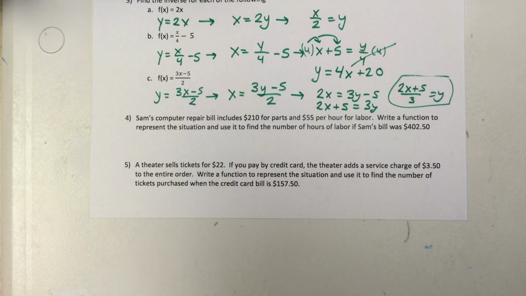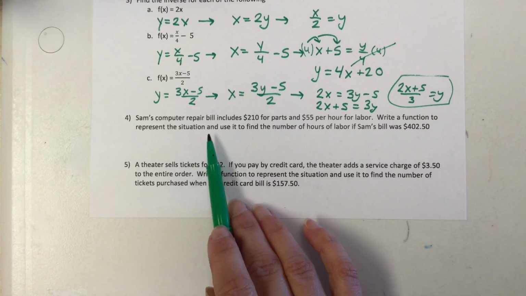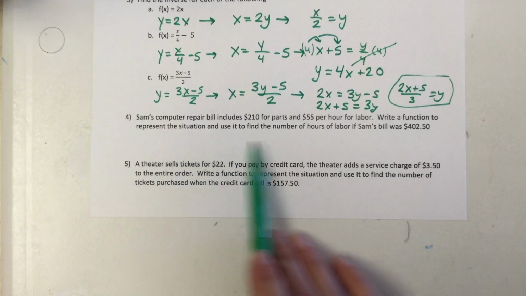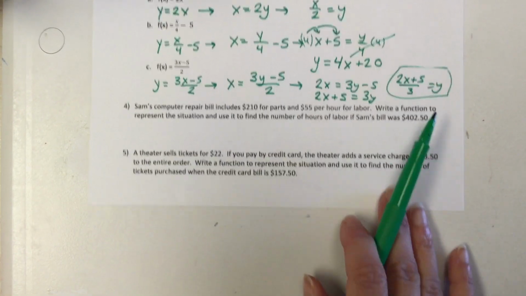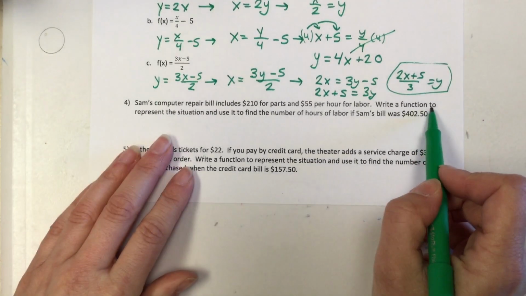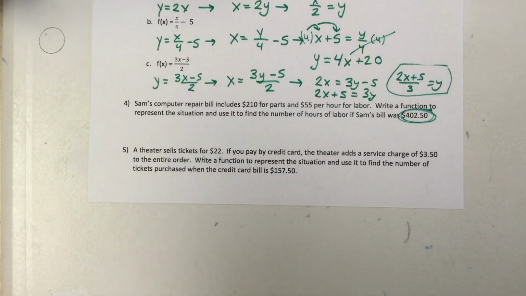Last part. Now, if you looked ahead in the book at any of these questions, they do consider problems like this inverses. Okay. This is where you are going to be given a scenario and you are going to write it as an equation. You already know the solution, okay? And that's why they're calling this an inverse. So let's go ahead and just do one, and I'll walk you through why it's an inverse as we start,